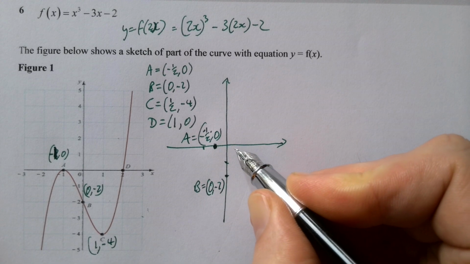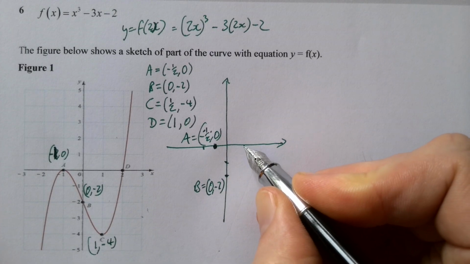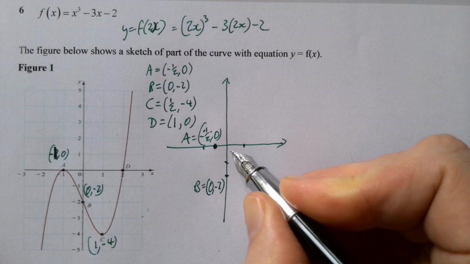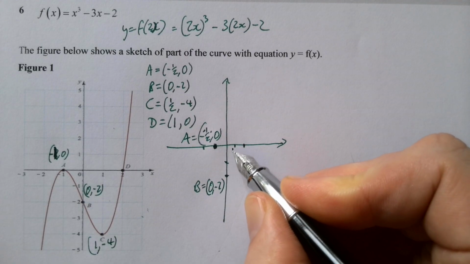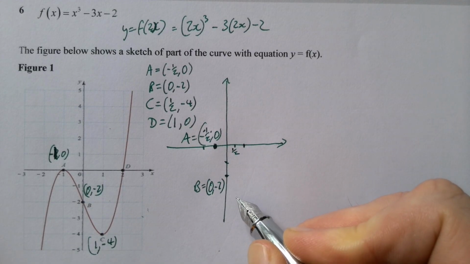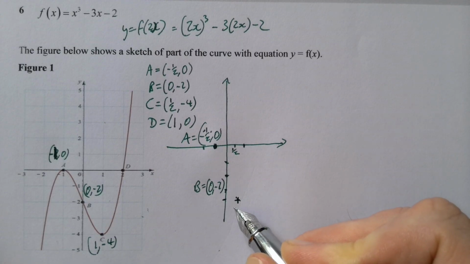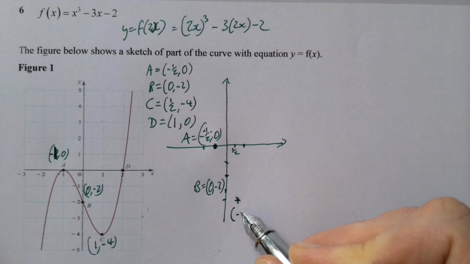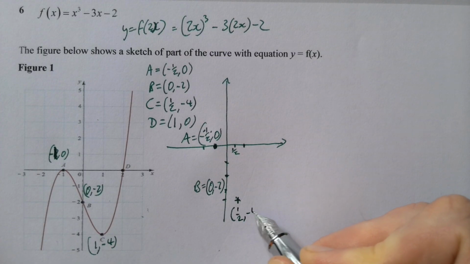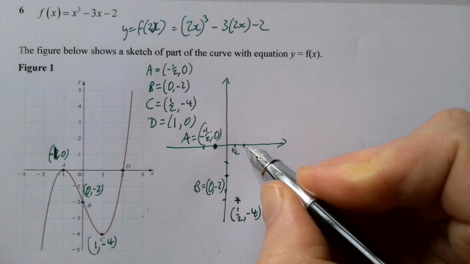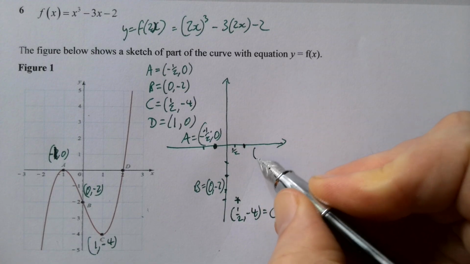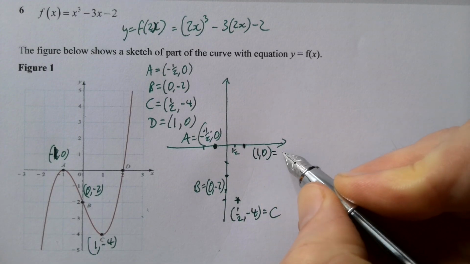We've then got C happening when x is 1/2. So that's going to be negative 4, isn't it? So 1/2, negative 4 is equal to C, and then D is happening when it's 1, so that is 1, 0